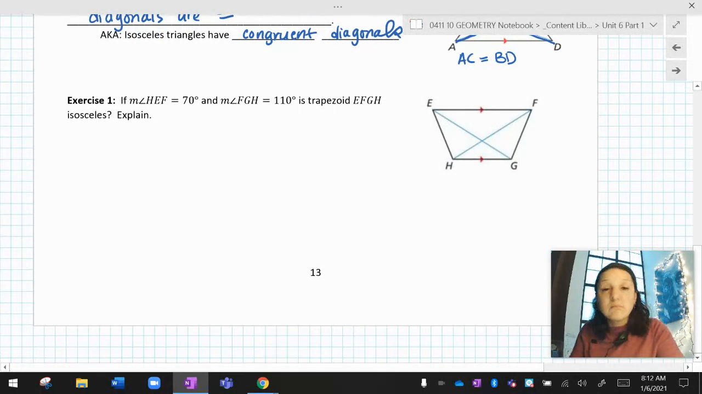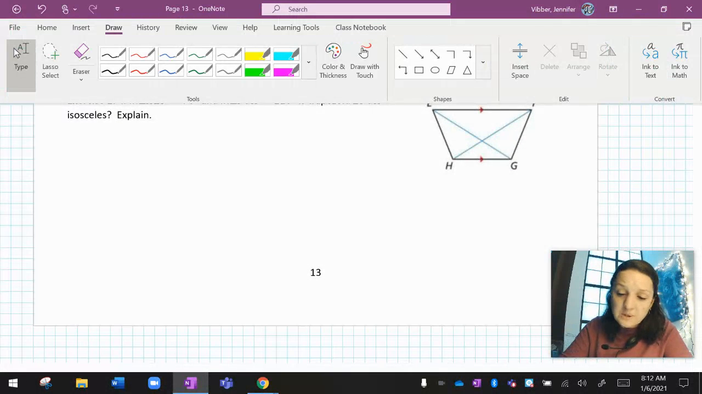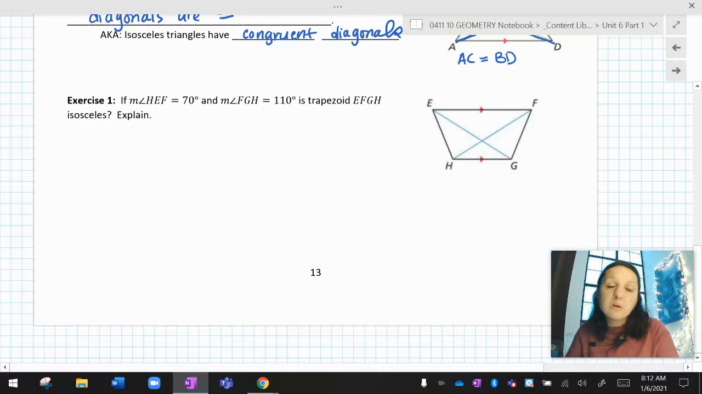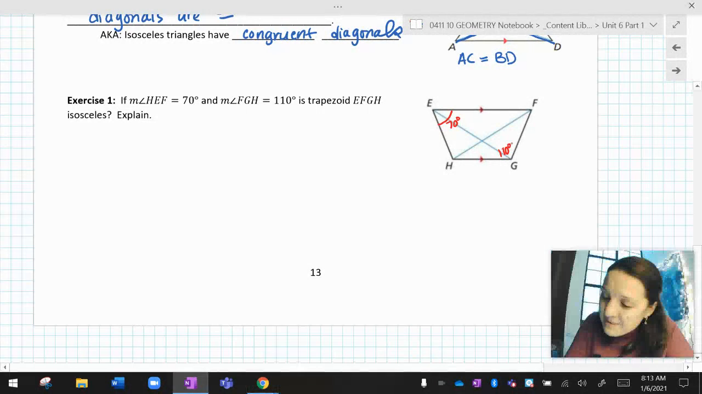All right, let's use it. Now we're just going to use this to find some numbers and algebra and practice. So if angle HEF is 70, so from H to E to F, this thing right here is 70. And FGH is 110. That would be right here. Is the trapezoid isosceles? Explain. Okay, well, how am I going to figure that out? Well, if I know that these are parallel,